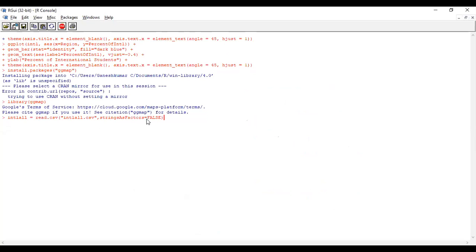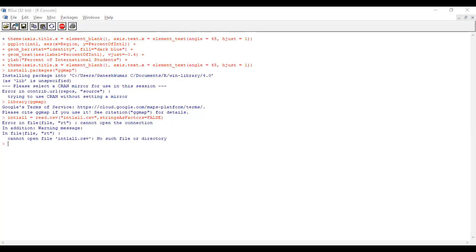Some data sets contain text, that's why you put this one, string as factor. One minute, I'll check whether it is there or not. Okay, the data set I didn't download. One minute, I'll download it. Intel all is there.